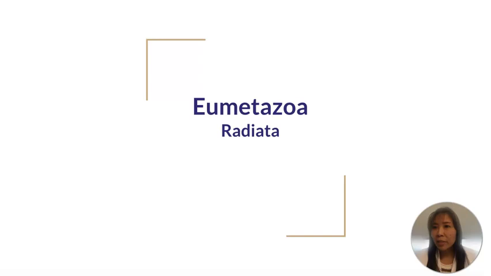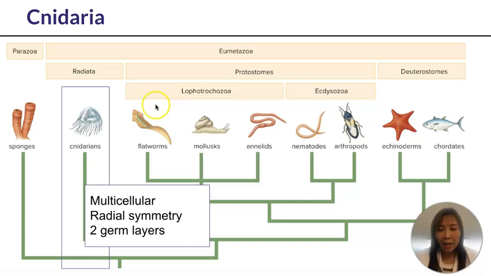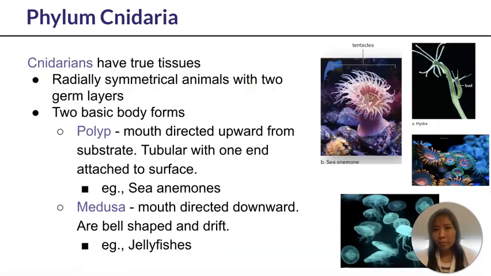So first, let's visit our next phylum, Cnidaria. Here, we're starting to see some radial symmetry, and we're starting to see the formation of the germ layer, going from 0 germ layers in sponges to now 2 germ layers. The phylum Cnidaria has no true tissues. This is similar to sponges, which also do not have true tissue,